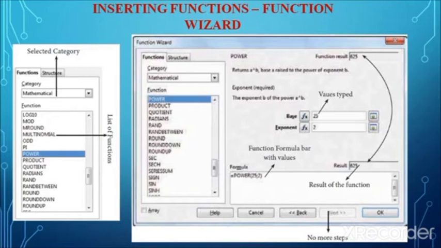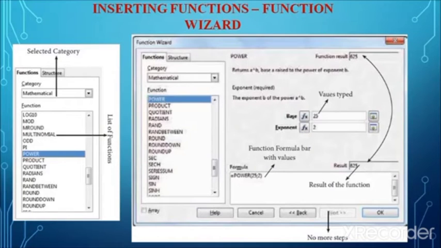Some of the categories are database, date and time, financial, information, logical. Under mathematical you will have addition, subtraction, multiplication, all these functions, and then arrays, statistical, like that. Totally 11 categories are there, and the functions can be viewed under the drop down list box. The categories can be selected from the drop down list box, and below that the list of functions in the particular category will be displayed.